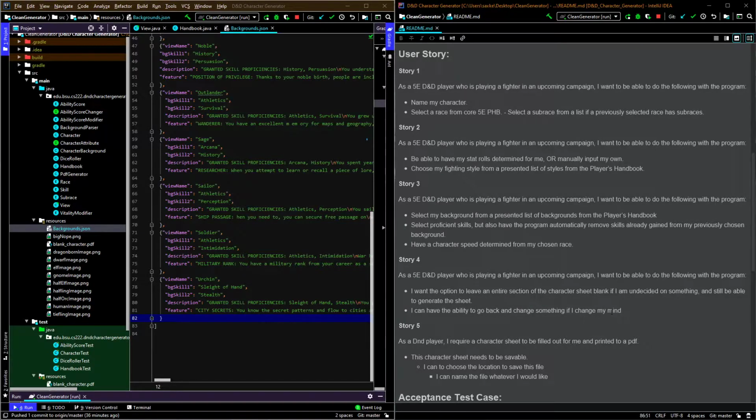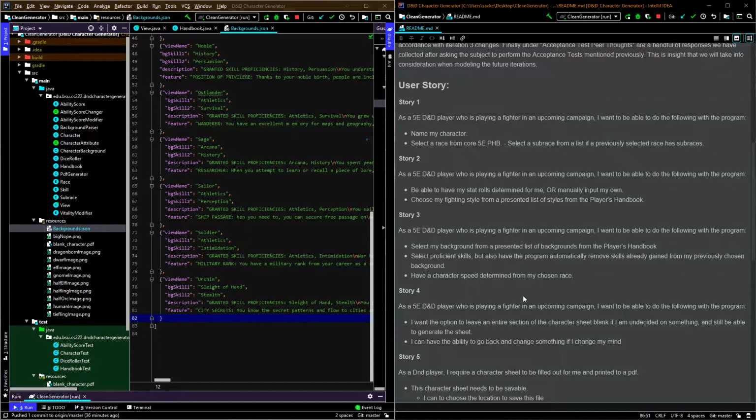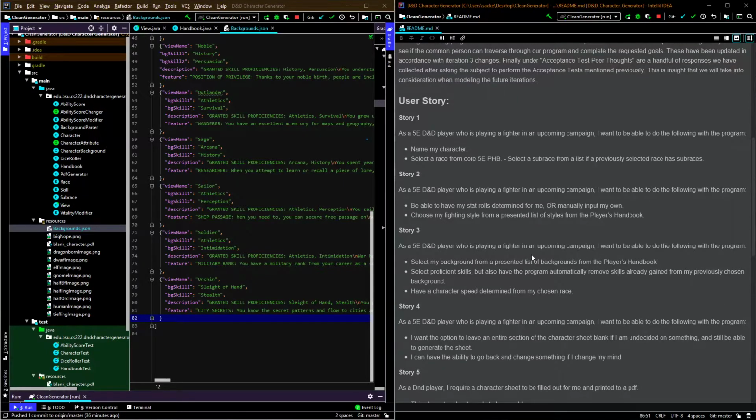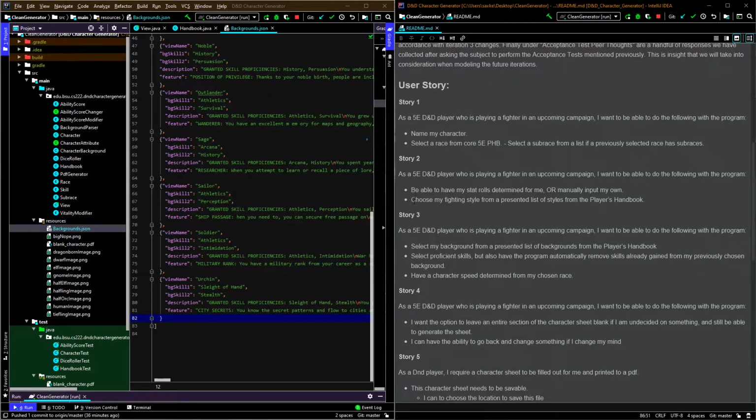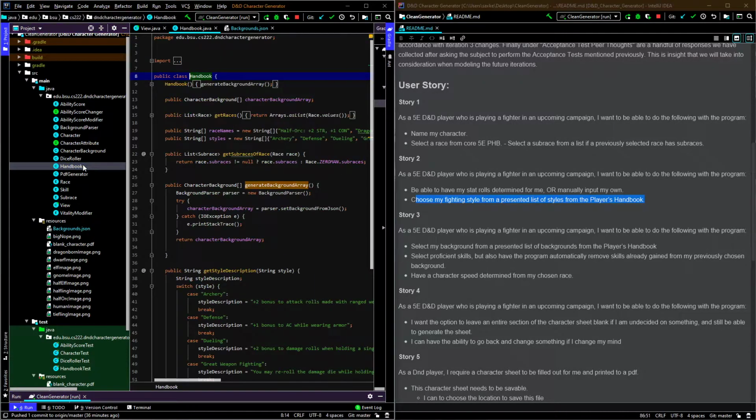And then also, if you go back and change stuff, we had one bug when you change subraces, and we have eliminated that. But that was the focus of the first 2 weeks, cleaning that up. And then, let's see, there was one other one that was important. Okay, so, choose my fighting style from a presented list of styles from the Player's Handbook. We actually created a new class called Handbook, and this is going to kind of segue us into our critical